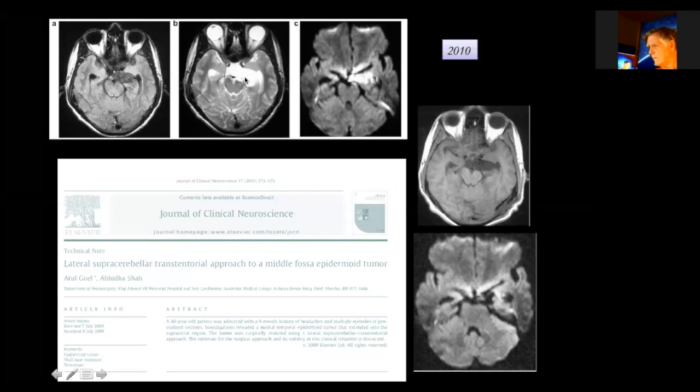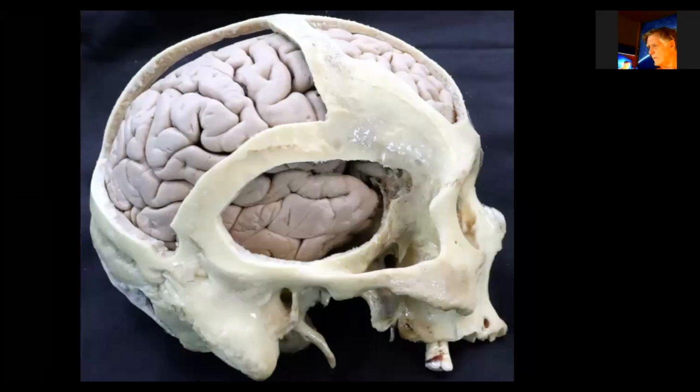So you retract the cerebellum down and you transect the tentorium, and you get a trajectory to remove this tumor, as you can see. This has also been used extensively to remove the amygdala and the hippocampus, and the incision is in the fusiform gyrus, and you remove the amygdala and the hippocampus. Now we prefer to use the lateral trans-cortical approach to the temporal horn, and I will show you by dissection